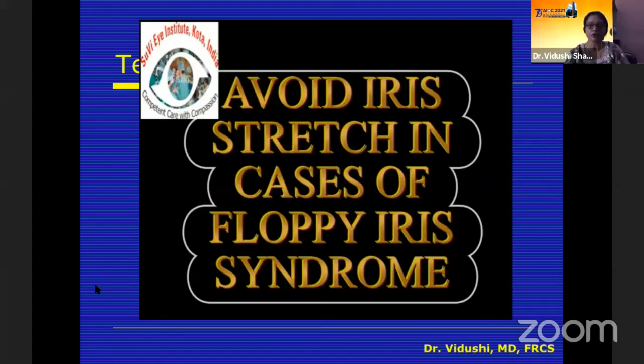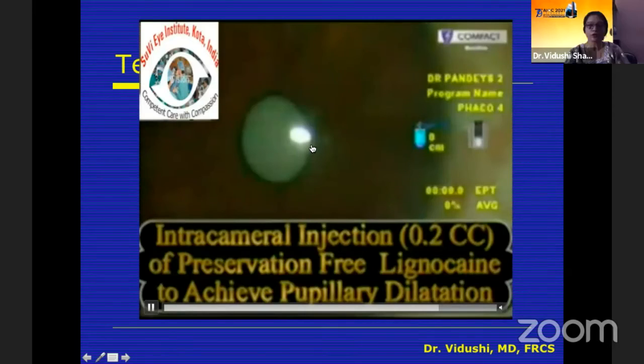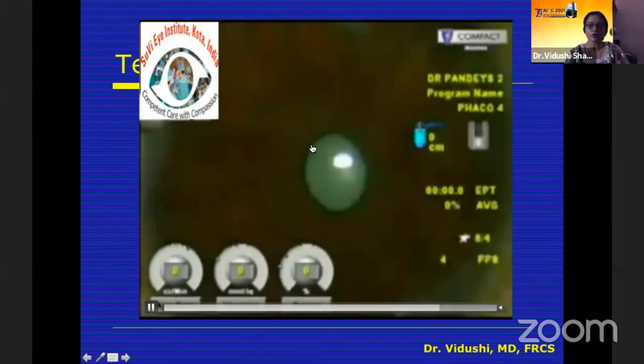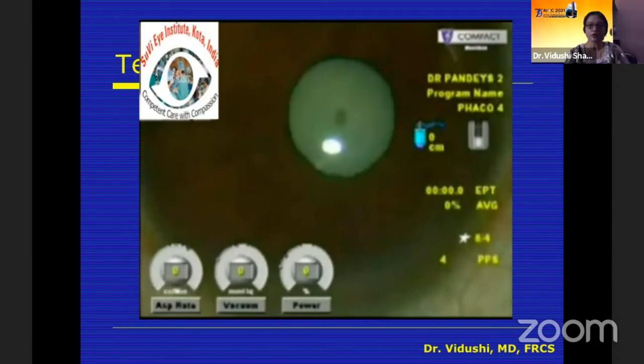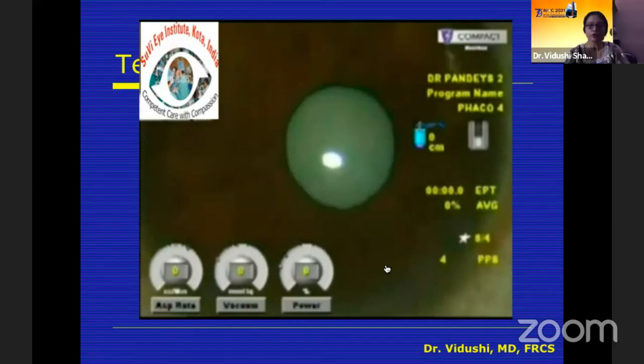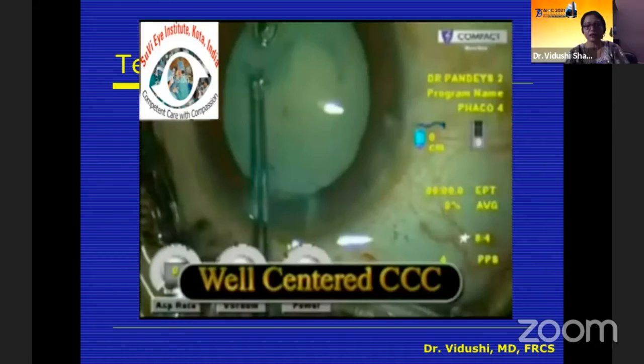Now, intracameral pharmacological agents like lignocaine, etc. This is a very small pupil. This shows, for demonstration purposes, that as you inject intracameral preservative-free lignocaine in this case, the pupil dilates. But this, of course, is a temporary pupillary dilatation. We also have other ready-made injections that are coming up, like Phenocaine Plus, etc., which can be introduced into the anterior chamber, and they cause good pupillary dilatation, and they can be re-injected whenever the pupil comes back to its normal position.